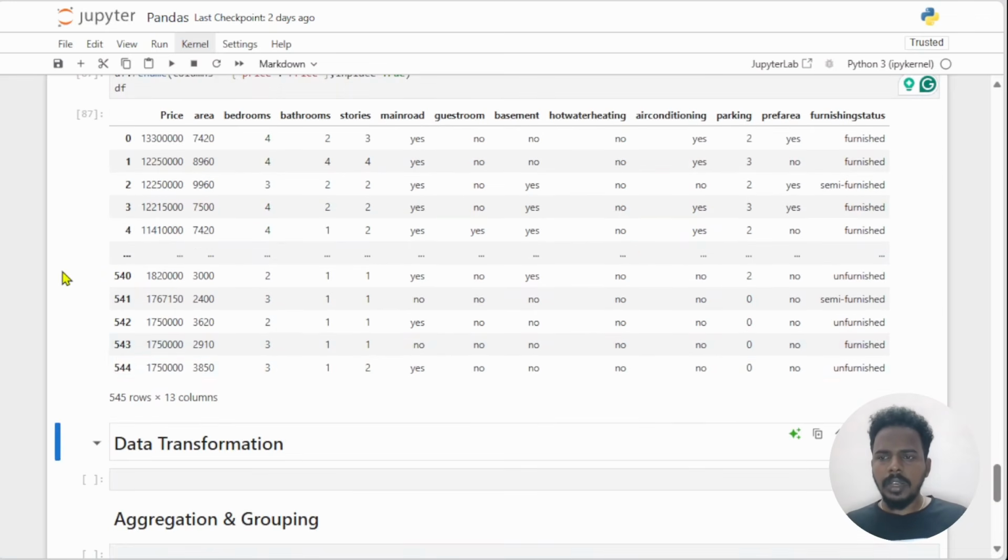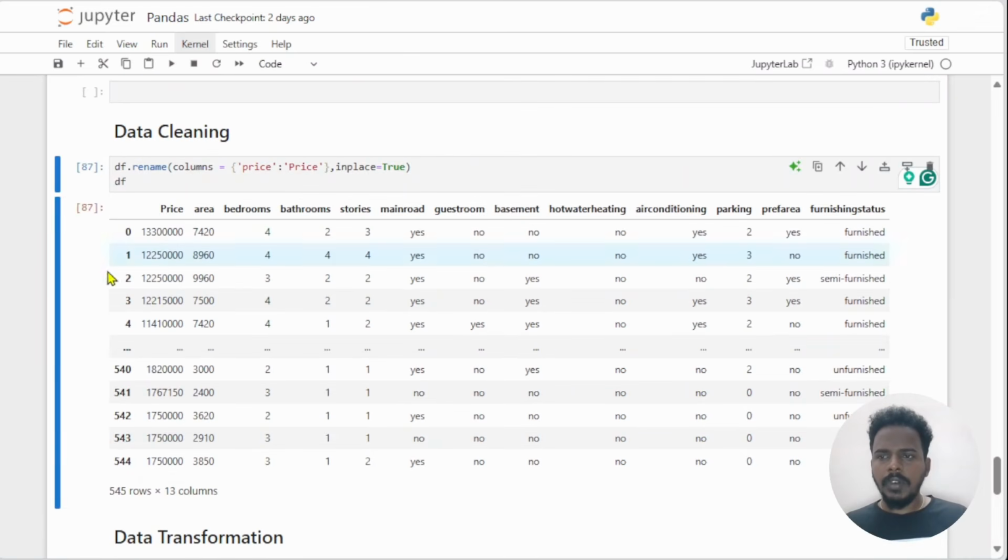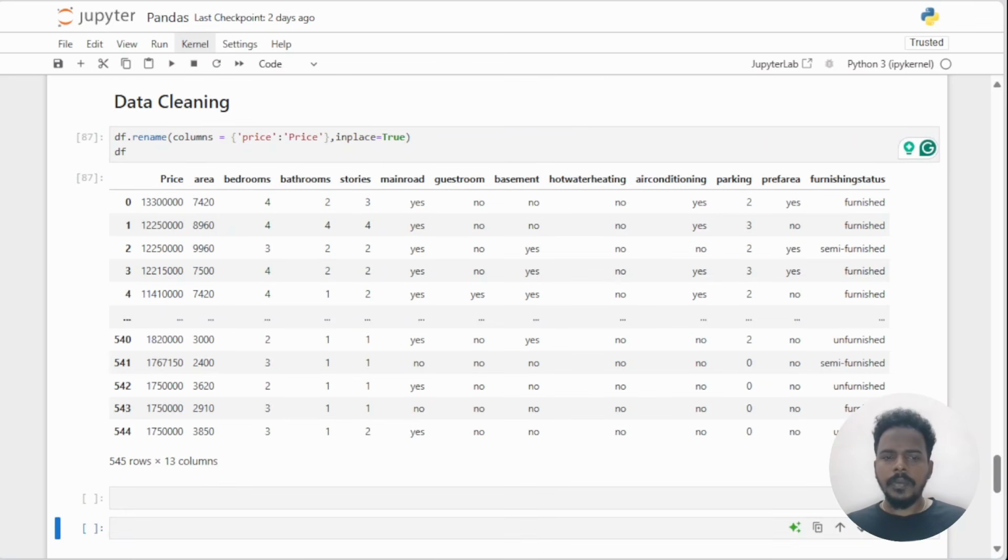So this is how, if you want to perform any function or transformation on the data set, you have to use inplace equal to true. Only then it will be affected directly on the data frame. If you simply mention the change alone and then call the data frame, it will be the same as before. It won't change. For the changing purpose, we have to use this inplace. Okay. Then